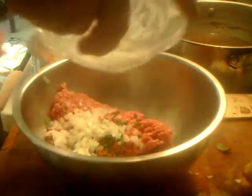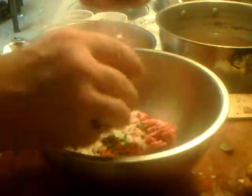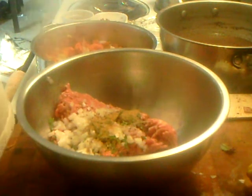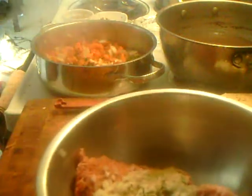Into there, the remains of our onion. In there. Salt. Pepper. Cumin. And you'll see that this is garlic salt. A lot of the things that we put in here are mimicking what is in here. And the last thing again,